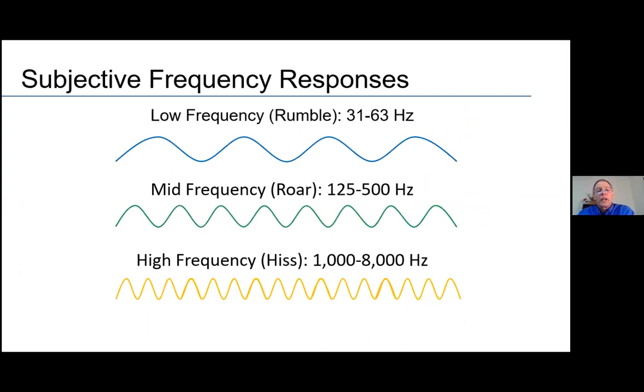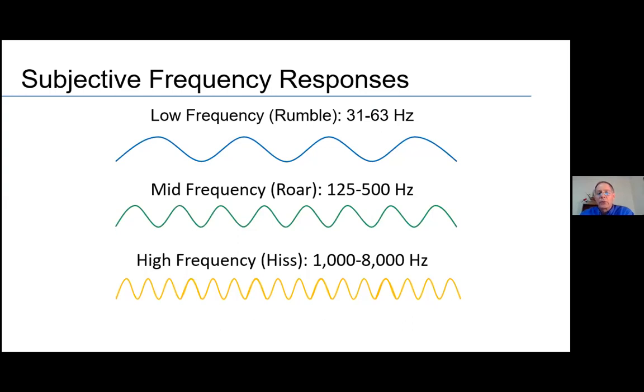So when you are looking at frequency of sound or noise, that's typically broken into three classifications. The first is what you would refer to as low frequency, or what would be considered a rumble. That's a very long wavelength, usually in the 31 to 63 hertz range. That might also be what you're very familiar with, the person playing their music in the car next to you extremely loud, and you get that bass thump that shakes everything. That's your low frequency sound coming through.